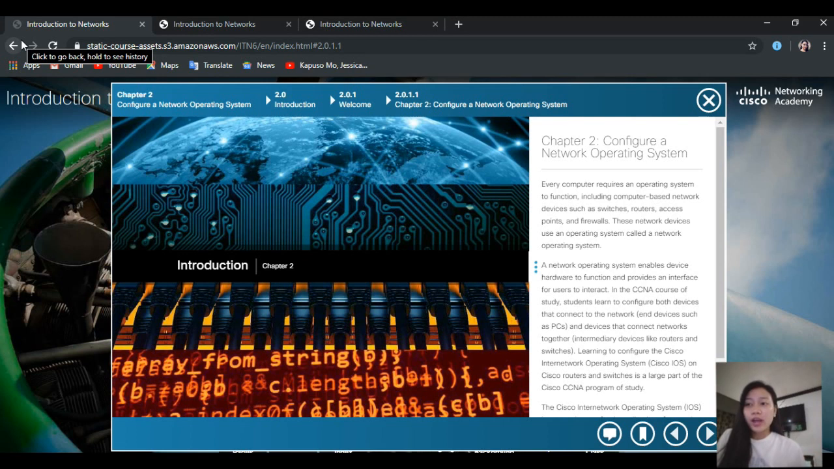For today, we're going to do the activities in chapter 2, which is Configure a Network